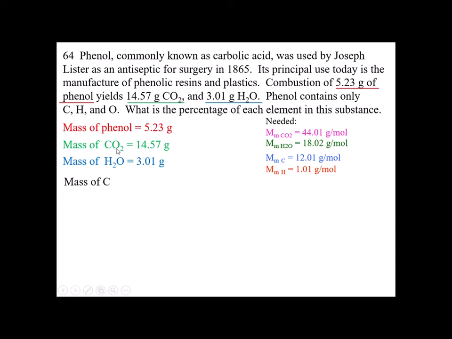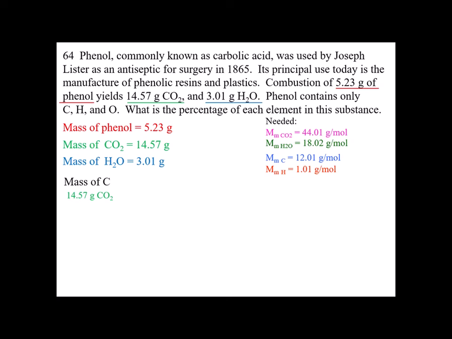But I can't use carbon dioxide because I just want percent carbon. So I have to change the mass of carbon dioxide to mass of carbon. So I'm going to start with the 14.57 grams of carbon dioxide. In order to compare, if you go back to the last slide, you'll notice the comparison was in moles. So this is building on what we did on Monday, and we did worksheets on Wednesday. The fact that we have to build this up to be